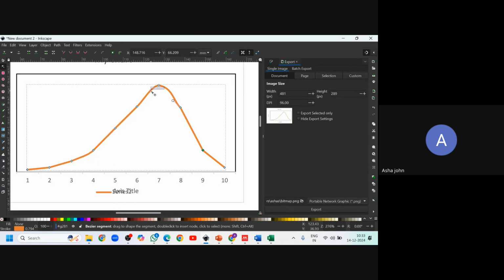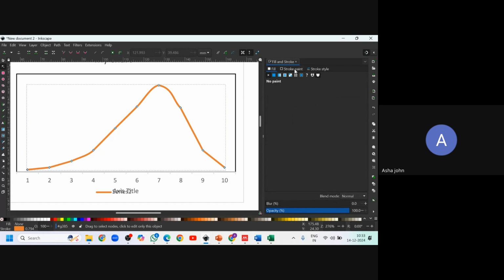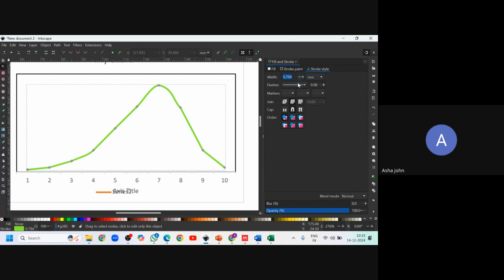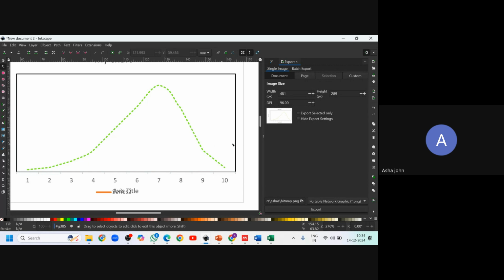If you want to change the color, then go ahead. You can change the color. All the options are here. If you want to change the style, that is also available here. You can change the style to dots. You can reduce the width. You can increase the width. And finally, and most importantly, you can choose what DPI it is. Now let's export this into different DPIs.